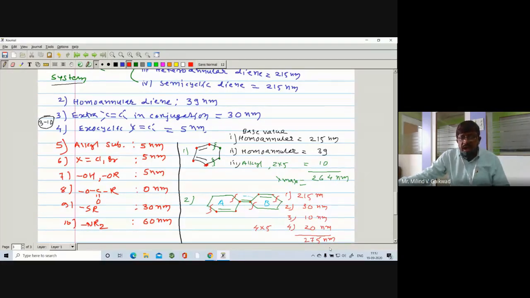Of course, on this one they ask at least one or two questions. You should know the definition. On that one also they will ask a question, and they will give a structure and ask you to write down the Lambda max of a diene system. You have two systems, diene and enone. One question will be on the diene, and the other question will be on the enone. In this way we have seen what is called UV spectroscopy.